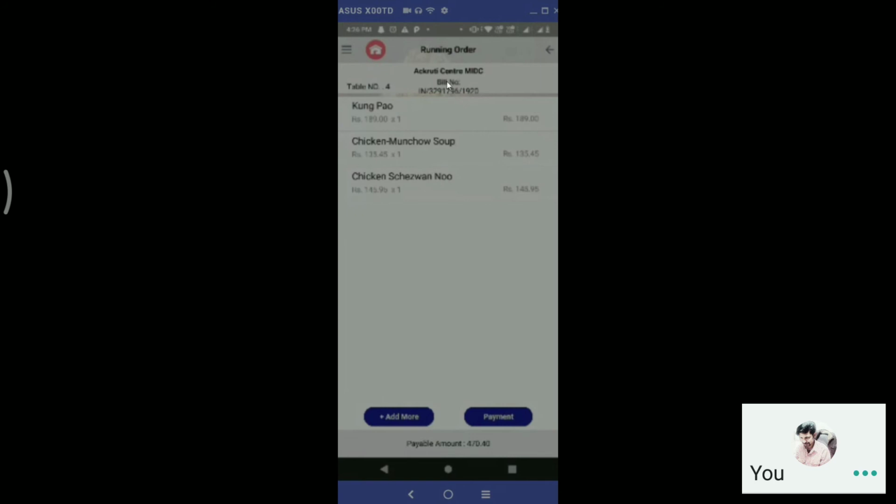So when he scans the QR code now, the configuration, channel and everything is selected on the QR code only. The QR code will contain all the details: your table number, your restaurant details, and the store type. The QR code pasted on the table will be different, and for the takeaway channel it will be different.